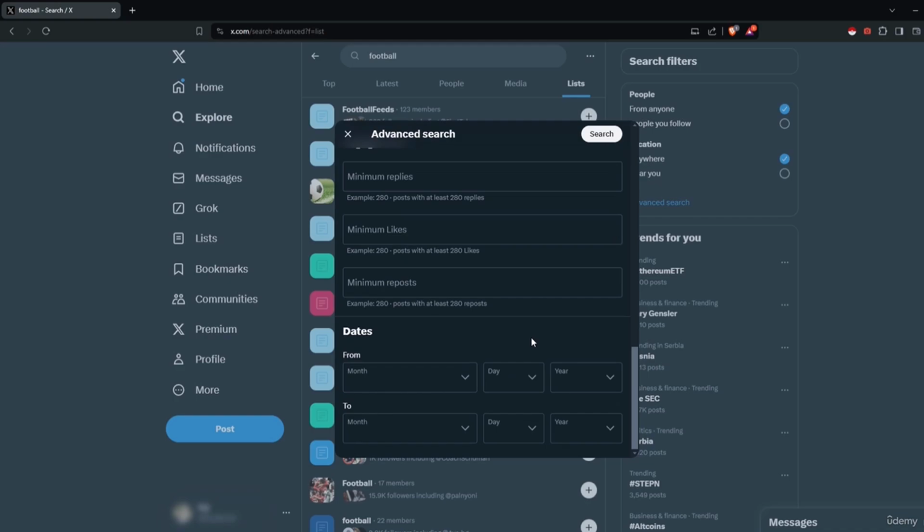Let me explain. If a user is fairly active, they are likely to have even a few thousands of tweets. However, if you go to their profile and try to scroll down, X or Twitter will only let you see, I believe, their last 1,000 or 1,200 tweets. To bypass that, we can use the advanced search option, meaning specify the user and then the dates from when till, here you would do the day of the last tweet you can see on their profile.